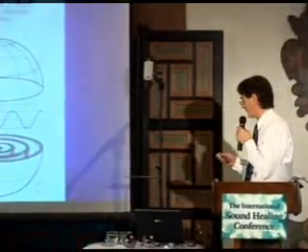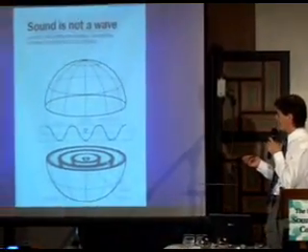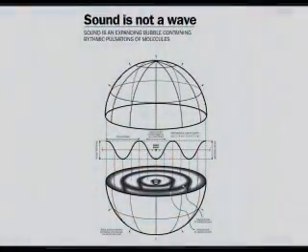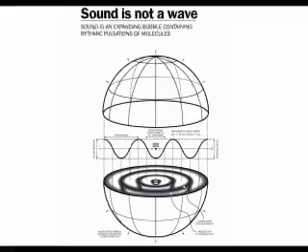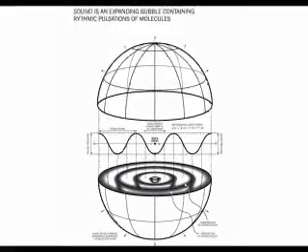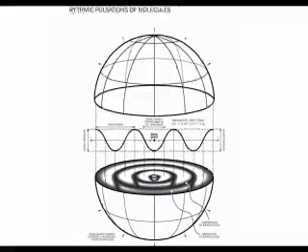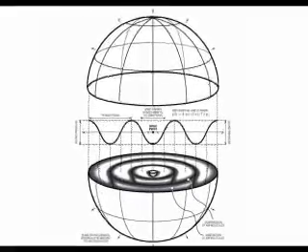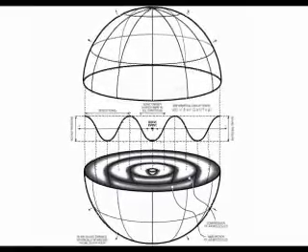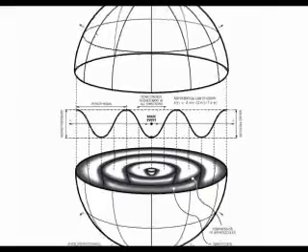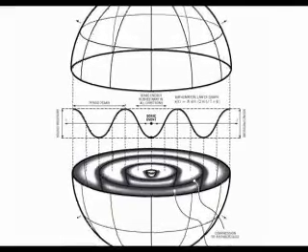And all this is taking a slice through the sonic bubble here, and you'll see these rings. Well, what they are representing are the areas of high compression and low compression within the sonic bubble. So right in the center is meant to be the event, as it were, whatever the event is. It could be my voice, it could be a hand clap, it could be anything. But that's the event right in the center. And then it expands outward in this spherical way, creating areas of high pressure and low pressure.